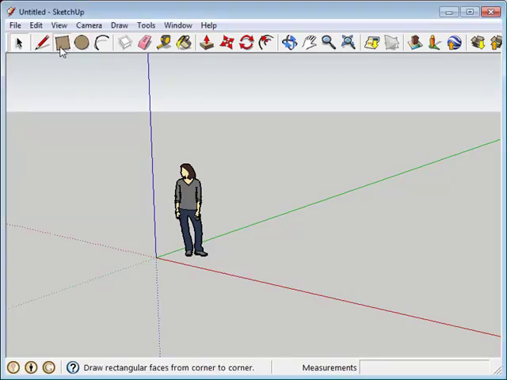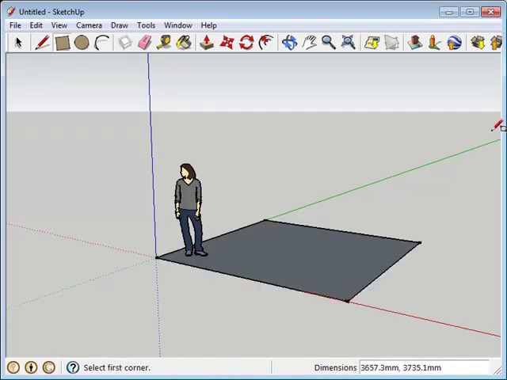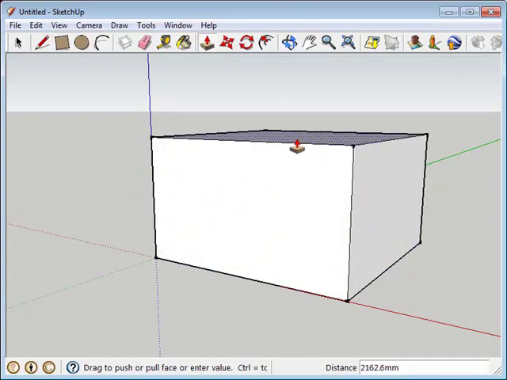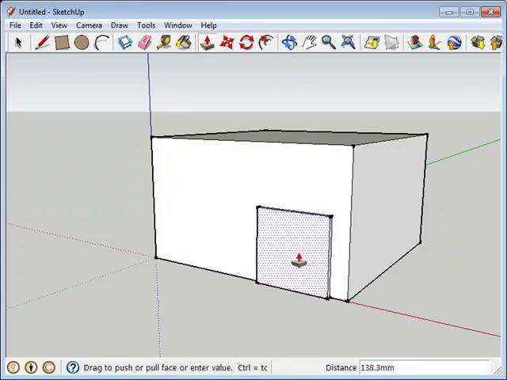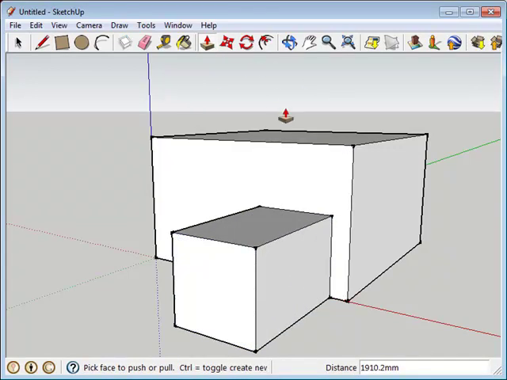So if I start off with a rectangle here and I just pull out a rectangle, let's say, and then I use the push-pull tool and we just pull that surface up, and I could then draw on any face. I'm going to draw another rectangle, let's say down here, and I could just pull that out. So go through with the kids in terms of creating a few blocks,